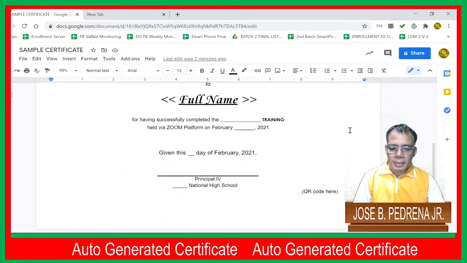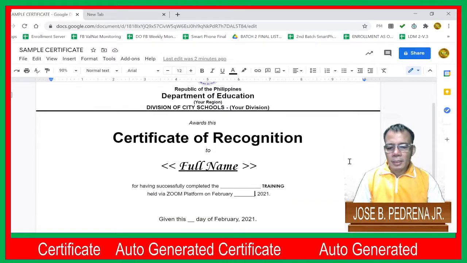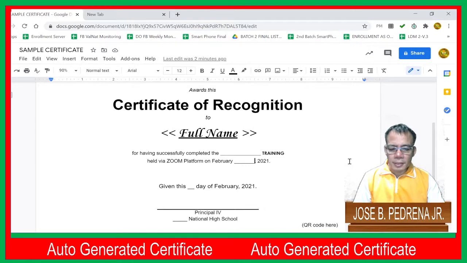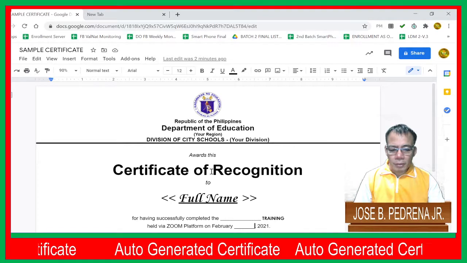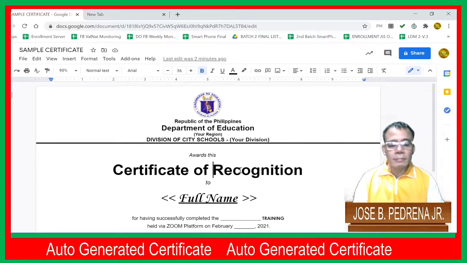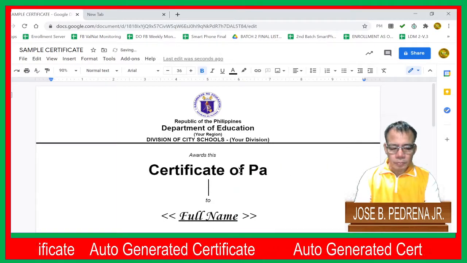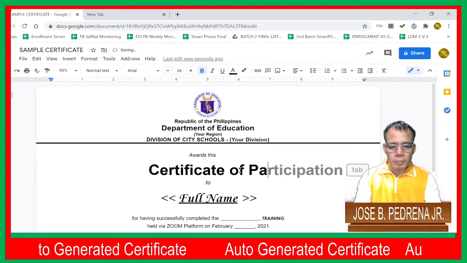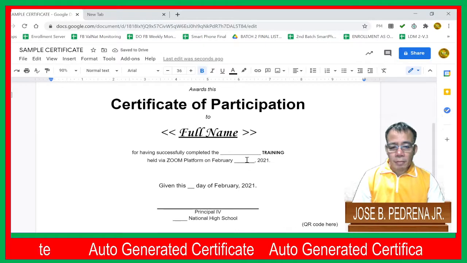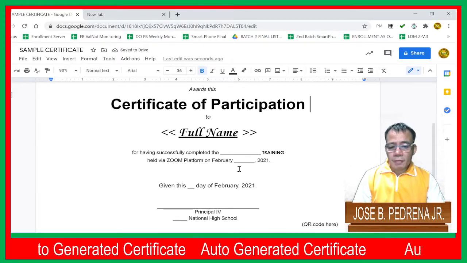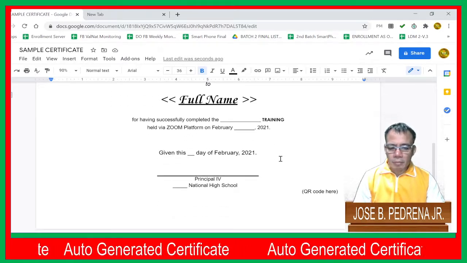So you may have your screenshot if you want to follow the simple template on certificate of recognition or certificate of participation. Okay, so you may choose recognition or participation for your template. Okay, certificate of participation: this certificate or award is given to, so the name of the participant or